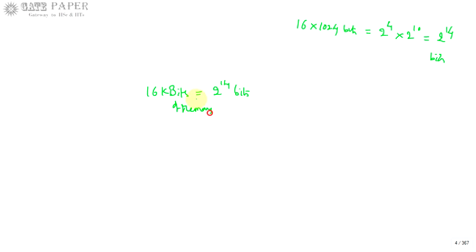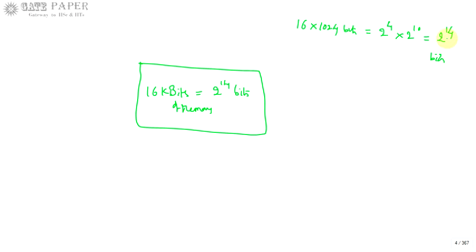When we require 16 kilobits of memory, 16 kilo is nothing but 16 into 1024 bits. Okay, so 16 can be written as 2 power 4 and 1024 is 2 power 10. So the total is 2 power 14 bits. So 16 kilobits of memory means 2 power 14 bits of memory it requires. So the memory is going to be designed as a square. So the number of rows and number of columns must be the same.